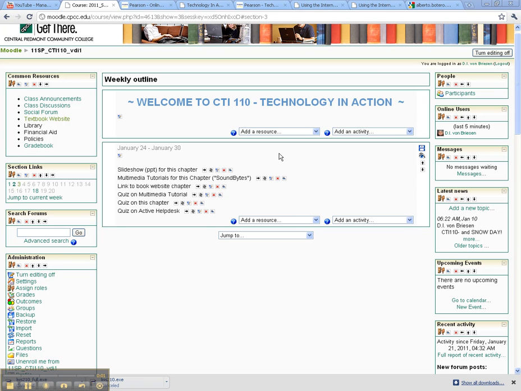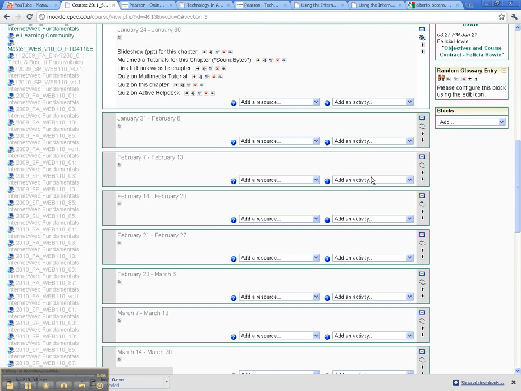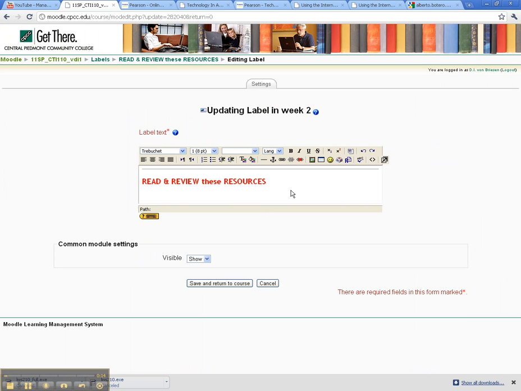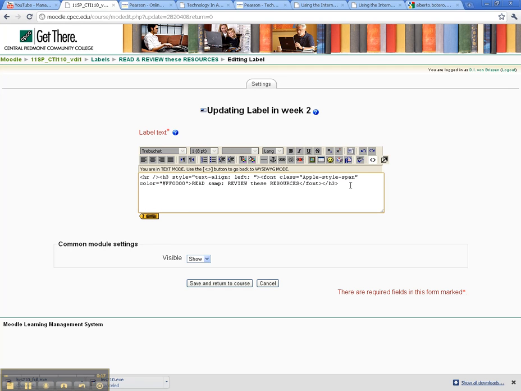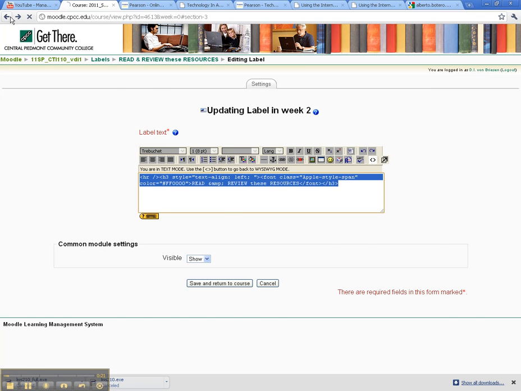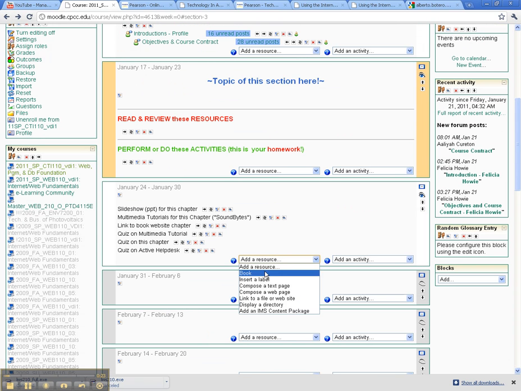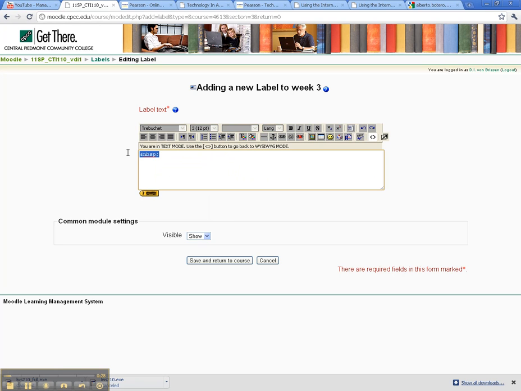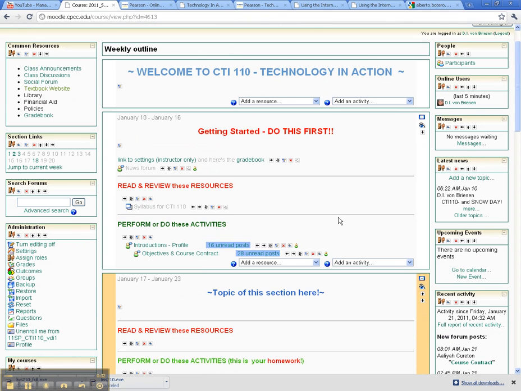So continuing with this exercise, I want to break this down the way that I normally do, and if you look at the upper section, you'll see that I always have this read and review these resources, perform and do these activities. So I want to break these out. So I'm going to copy these labels. Unfortunately, no easy way in Moodle to copy something. So I go in, I highlight the HTML, go back, don't need to worry about saving that, come down here and insert it as a label, go back to the HTML view, paste, save and return, and now you see